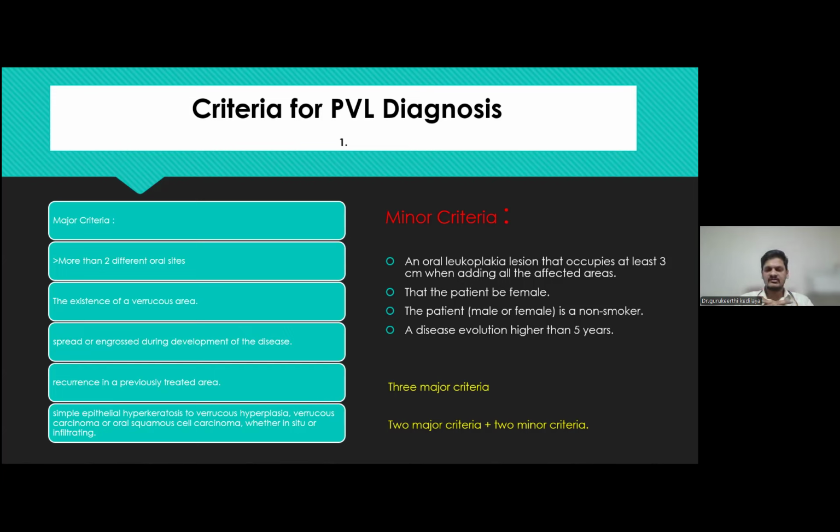Minor criteria include an oral leukoplakia that occupies at least 3 centimeters when adding all the affected areas, more common occurrence in females, the patient being a non-smoker, and disease evolution longer than 5 years. So three major criteria, or two major criteria plus two minor criteria, will diagnose